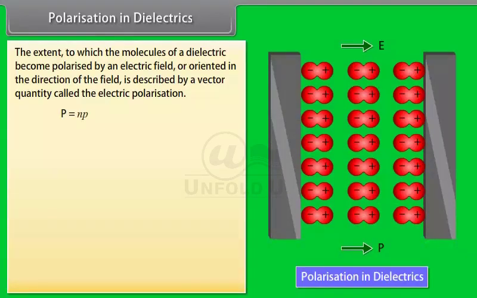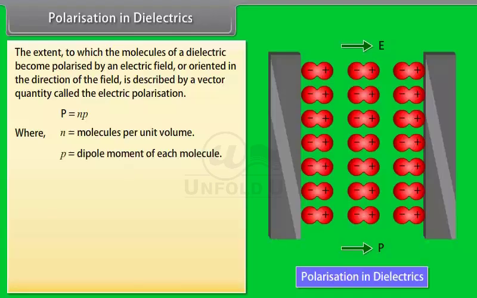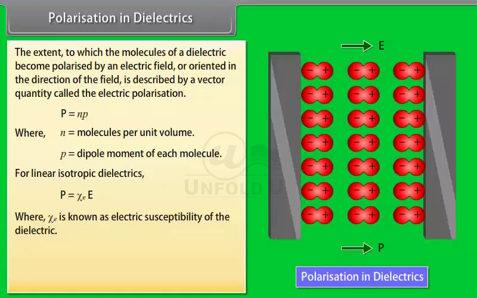P is equal to Np, where N is the number of molecules per unit volume, and p is the dipole moment of each molecule. For linear isotropic dielectrics, P is equal to the product of Xi and E, where Xi is known as electric susceptibility